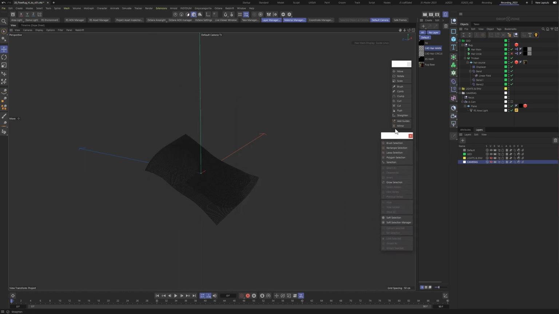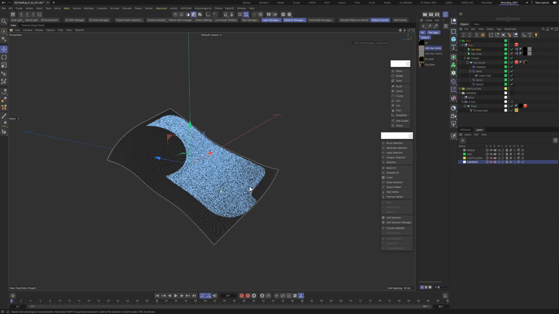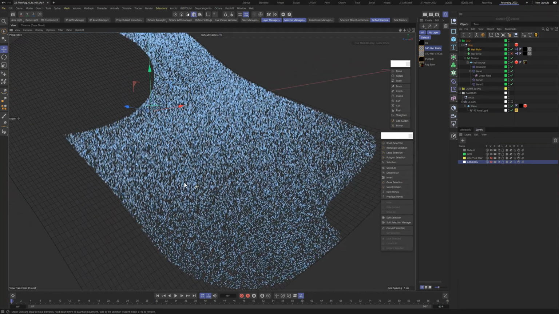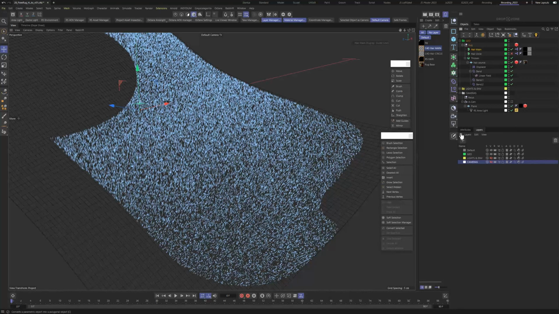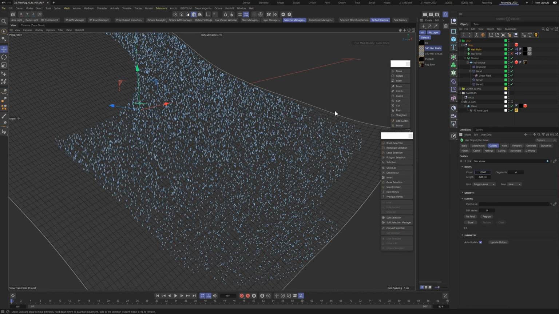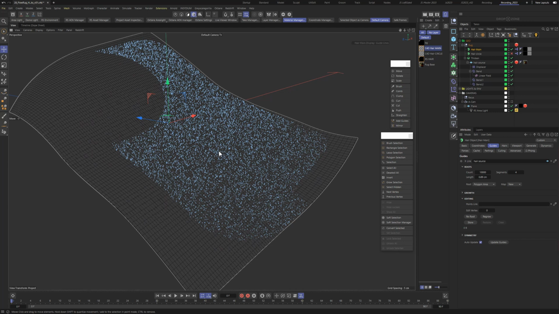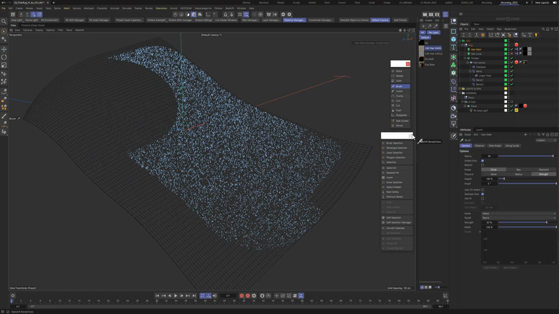So I got my selection and my tools here, and obviously rinse and repeat for the hair circle. Once I had my hair guides in the place where I wanted them, and I'm just going to reduce the amount of guides for the sake of the tutorial. Let's do 10,000 guides. There we go. Once I have my hair looking the way that I wanted it, I can go to my brush,